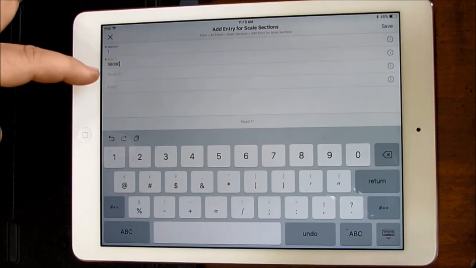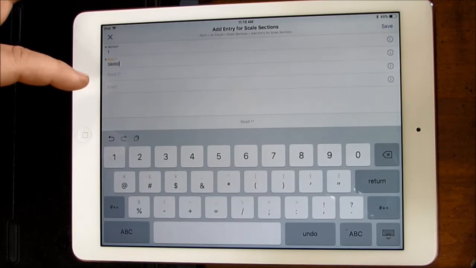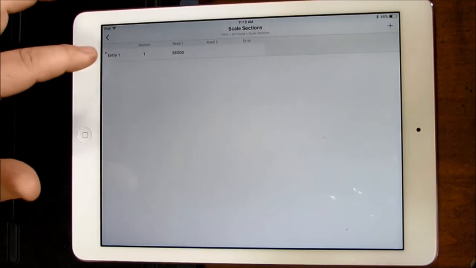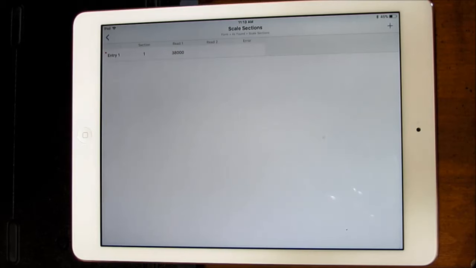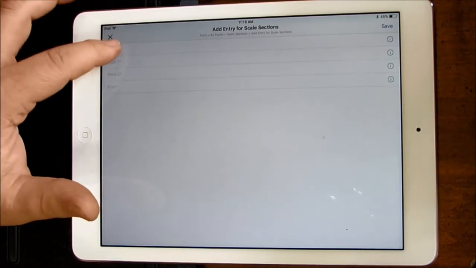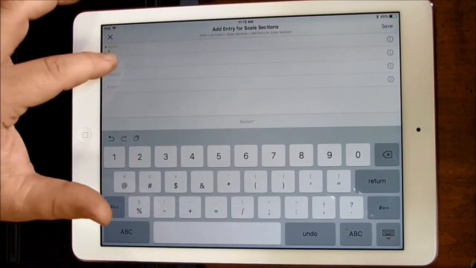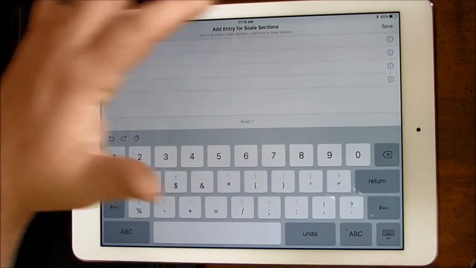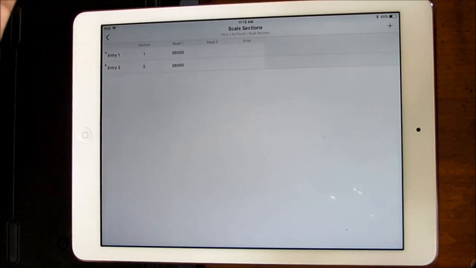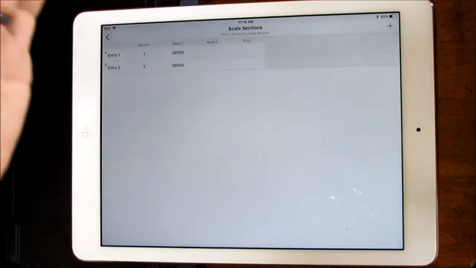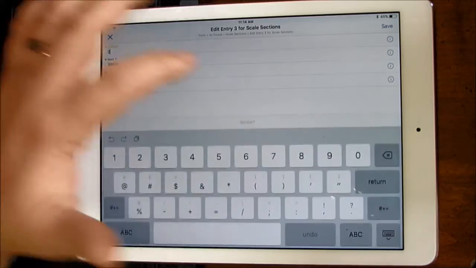Now, I haven't done my repeatability on this one yet. I'm going to come back to it. So I just come over here and I'm going to click save, and look at that. There's a red dot that tells me that I'm not done filling that out, okay? So I can come over here, I can hit the plus button again. I can say section 2, reading, it's 38,000 pounds. Alright, I'm going to hit save. Now, I'm going to move my truck up to section 3. Alright, I can click on here, I can say duplicate. Alright, section 3,